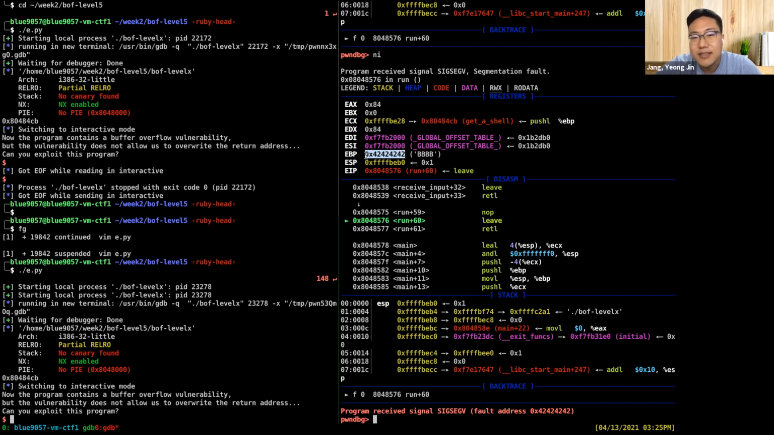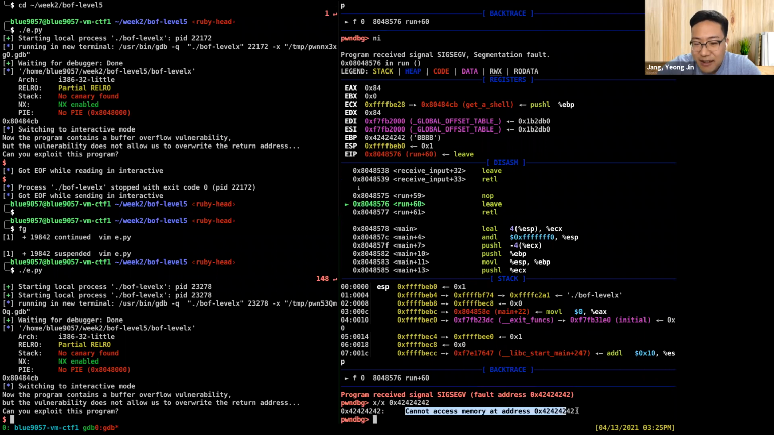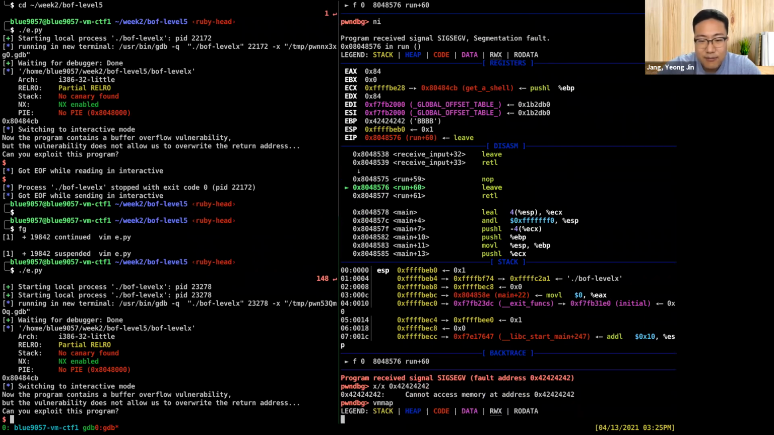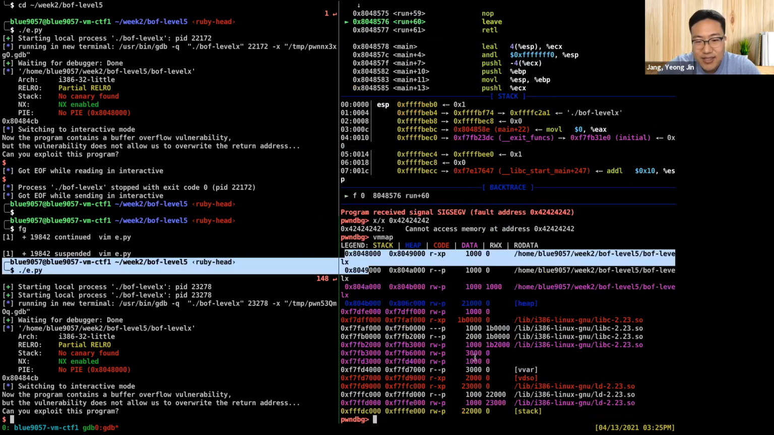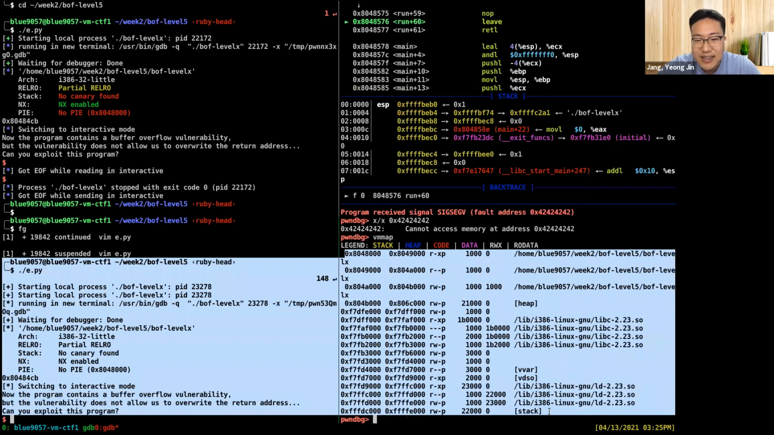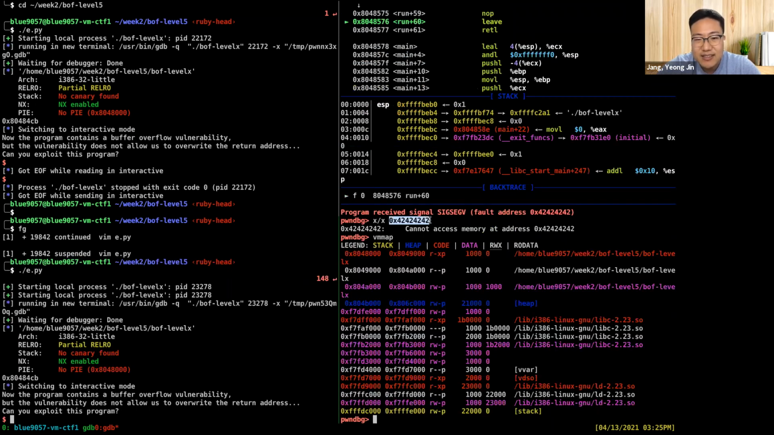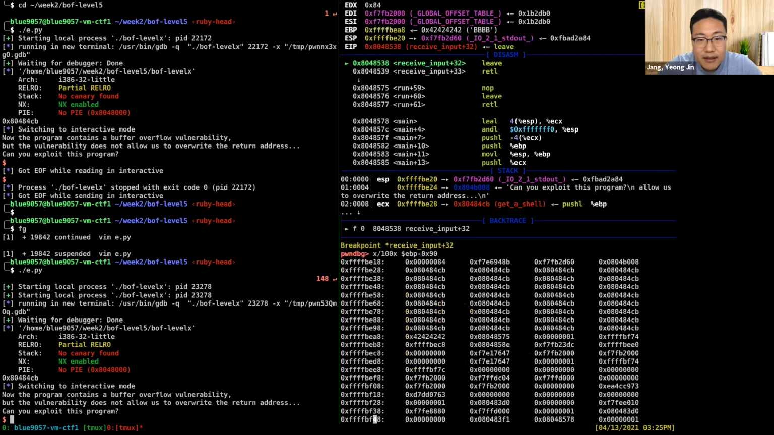Because this is not a valid address, and if you run vmmap, you can see all the valid addresses here. This address is definitely not in the list, so it will generate the segmentation fault, and we cannot read that. But what we know from the previous example is that the buffer